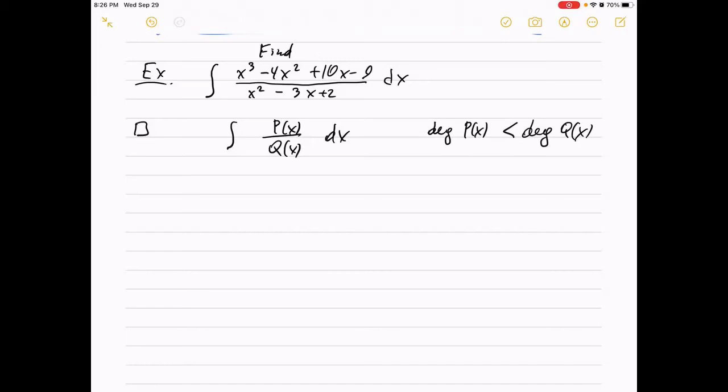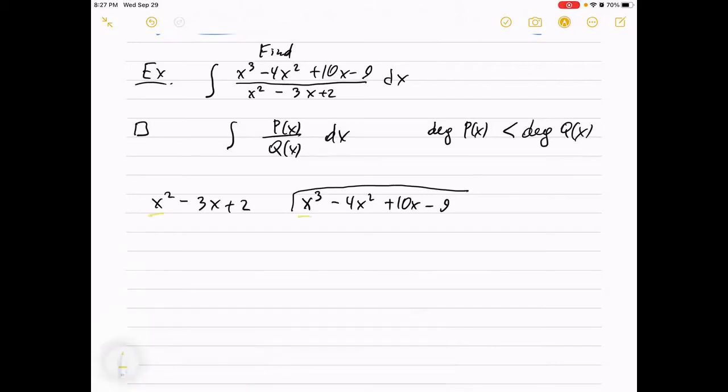So what we want to do is start with long division. So we start with x cubed minus 4x squared plus x minus 9, and we want to divide by x squared minus 3x plus 2. To do the long division,